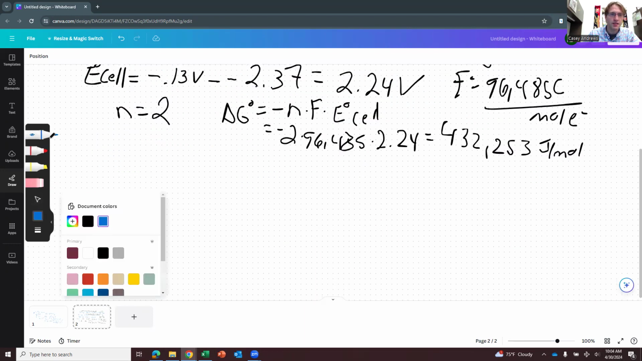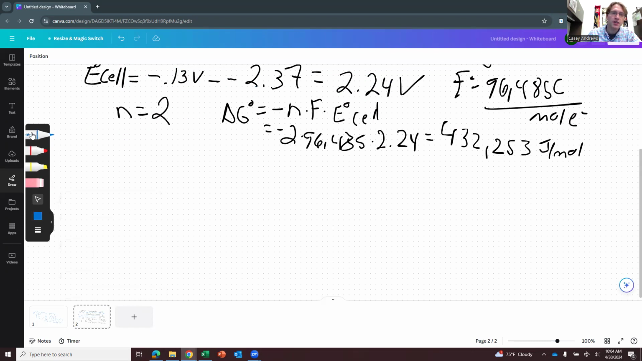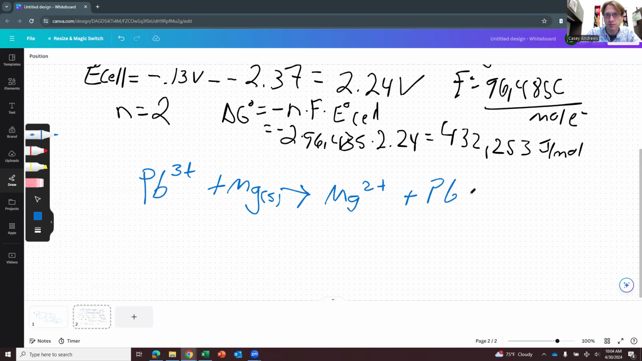Now, let's say that we had another reaction. This time, I'm going to change the charges. Let's say lead was actually 3+, plus magnesium solid. That goes to magnesium 2+ plus lead solid. So the question here is, what is n? And here, if you were to do the same thing we just did, you would see lead gained 3 electrons, magnesium lost 2. Now, the trick is when you have this happening,